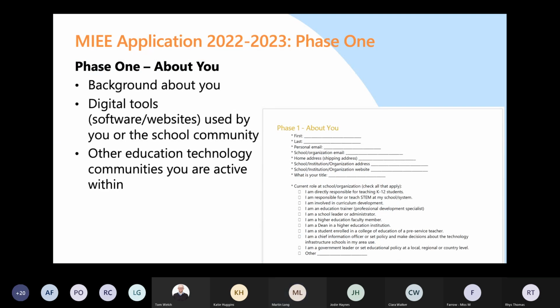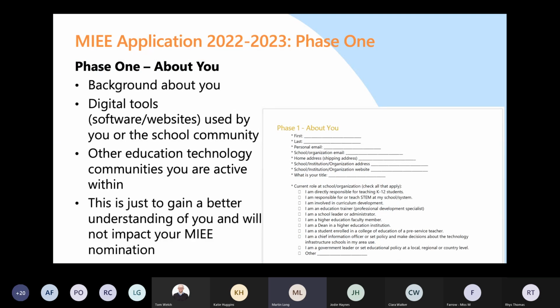Phase 1, as I've already alluded to, is very much around you, the digital tools that you use, and education and technology communities you may already be active within. I'd encourage you to sign up with Twitter. There's a lot of good stuff shared by Microsoft and Turn It On on Twitter. Also, if you use LinkedIn, that's another good platform. So there are great ways to get the heads up on what's coming, or really new initiatives from Microsoft,